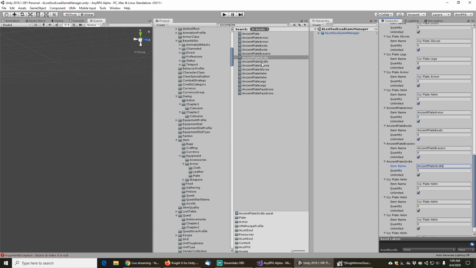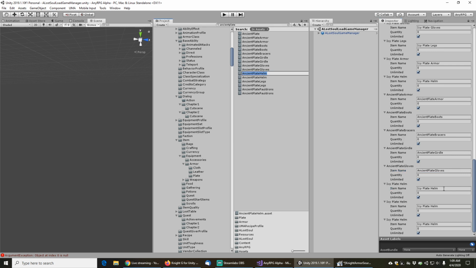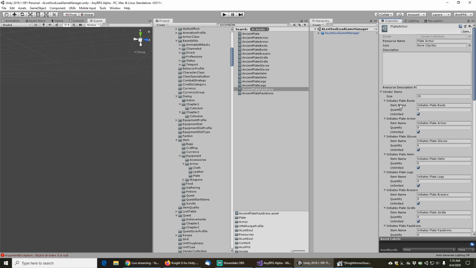Ancient plate girdle. Ancient plate gloves. Ancient plate helm, ancient plate legs, and ancient plate pauldrons. And the spaces don't matter because spaces are removed when we're actually searching for these items